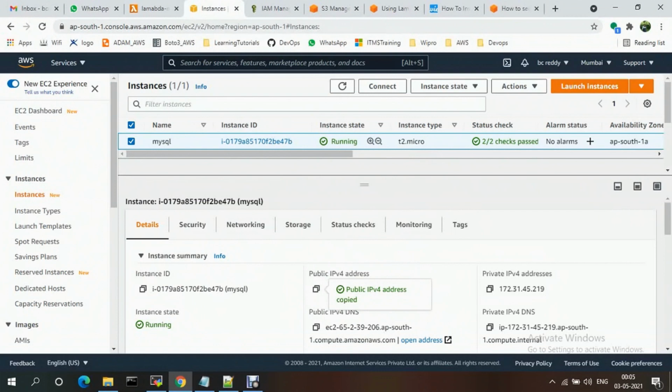A custom layer is for whatever isn't supported by AWS, so you create your own custom layer and use that. In this example we saw a MySQL custom layer, and using Lambda functions we saw how to insert the data into the database. That's all about this session.